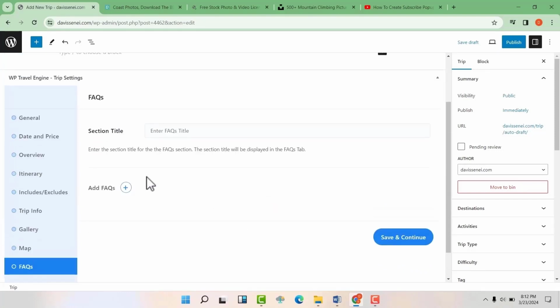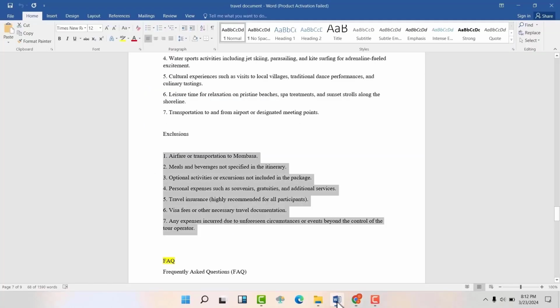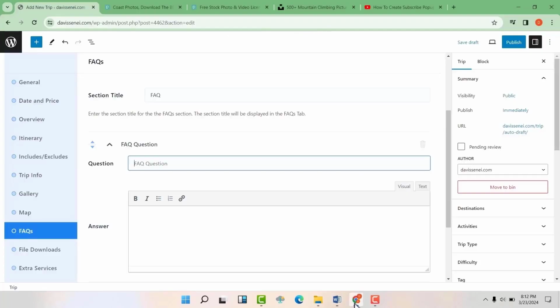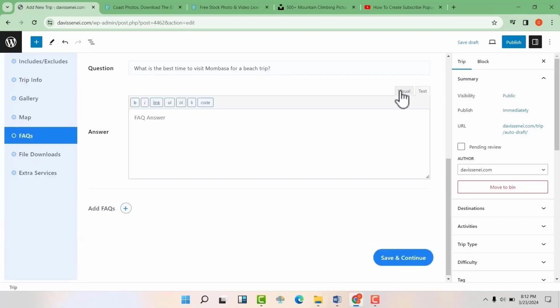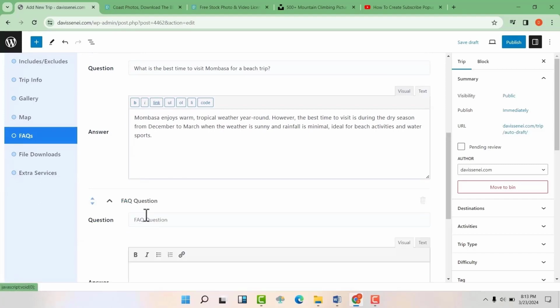Then we have an FAQ section, so you can write here FAQ, then you can add an FAQ here. So the question should be, so let us just come here, what is the best time to visit Mombasa for a beach trip? So you can just copy this, ask that question, and the answer will be, so click on this visual and this text, click on text, then you can add your text here, then we can omit this, then you can add as many questions as you can regarding your